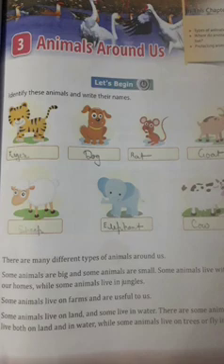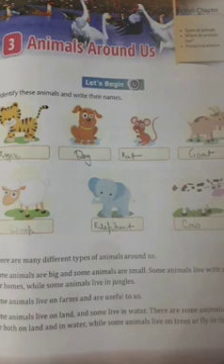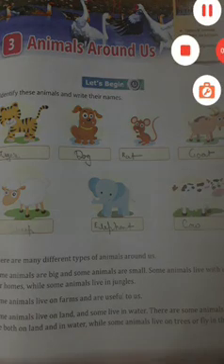The fourth is goat, fifth is sheep and elephant, and the last one is cow. So you will identify the pictures and write the names of these animals.